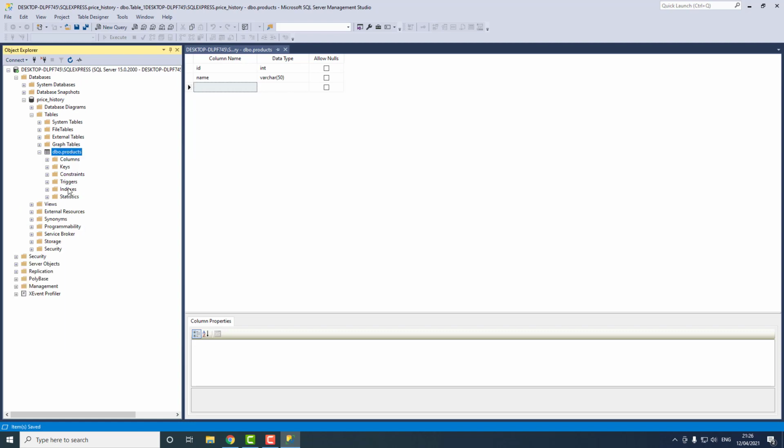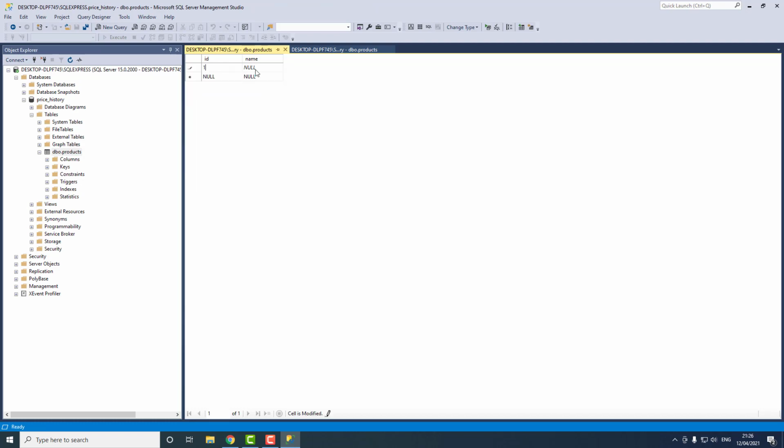And here you can say edit top 200 rows and write here number 1, and here, I don't know, chair, 2, table, oops, 3, monitor. So this easy way, I just entered 3 new products into the products table of price history database, and